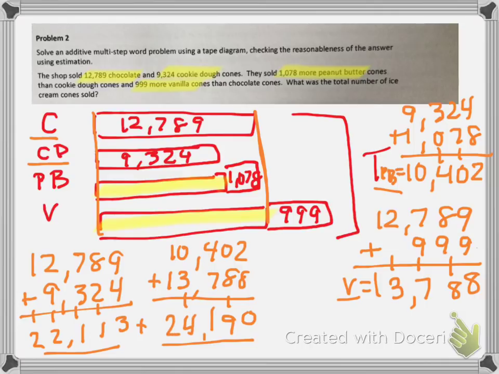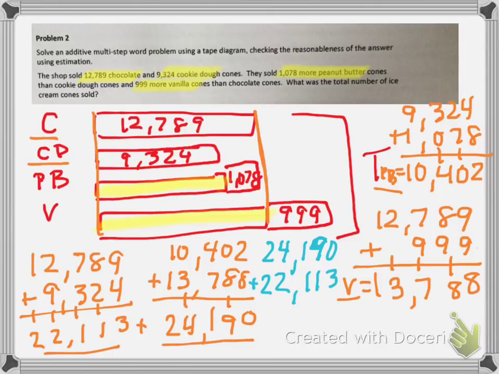4, and 2. Okay, I'm going to go ahead and change my pen color, because this is going to be the final addition. So this is 2 of them put together. This is the peanut butter and vanilla. And then we have the chocolate and the cookie dough,